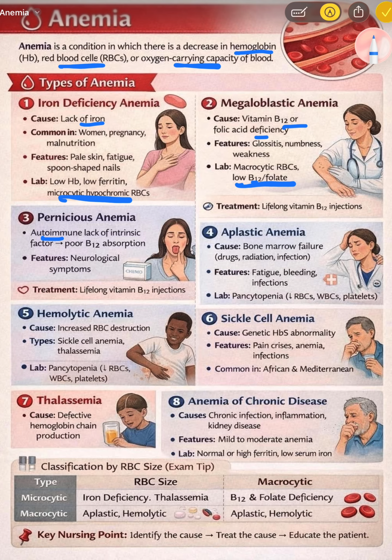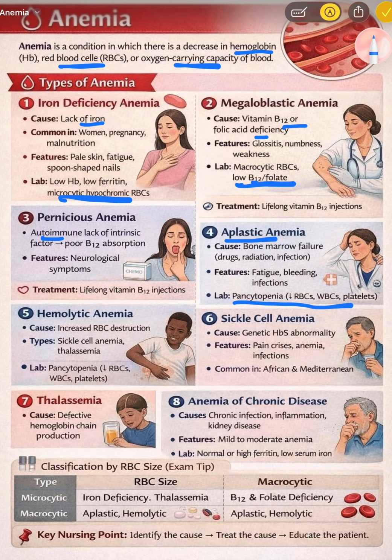The fourth type is aplastic anemia. The causes are bone marrow failure, and it may be due to drugs, radiations, or infection. The features in aplastic anemia are fatigue, bleeding, and infections. In lab, there will be pancytopenia, that is a decrease of all blood cells, red blood cells, white blood cells,